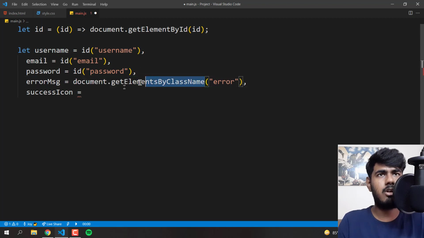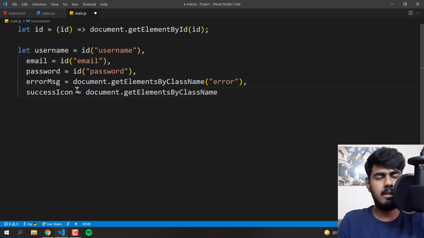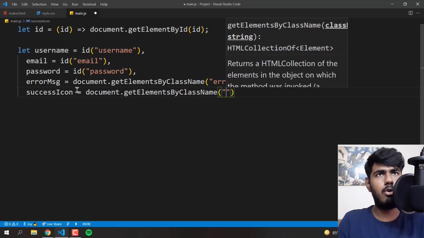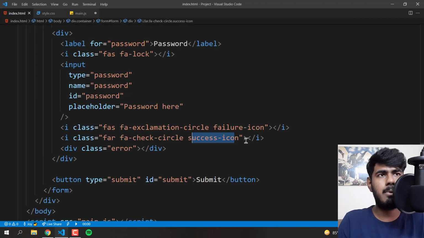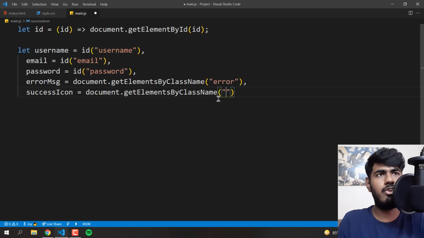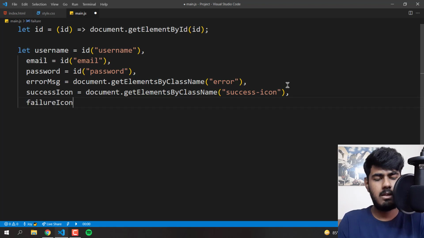All right, so I'm gonna copy this from here, Control C, and then paste it over here, Control V, and then bracket, double quotes, and come back to the HTML and copy this from here. Okay, success icon, Control C and Control V over here, put the comma over here, and over here you're gonna write failure icon. Okay, failure icon. All right, equal to